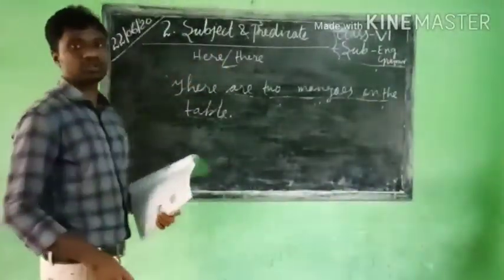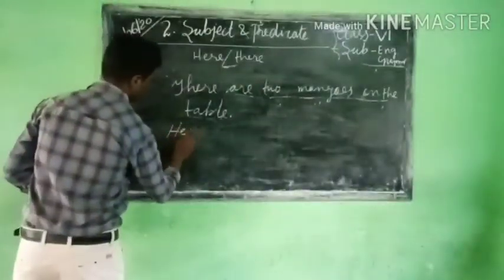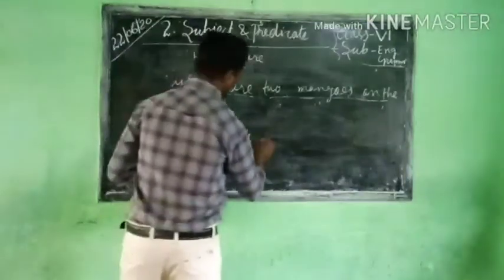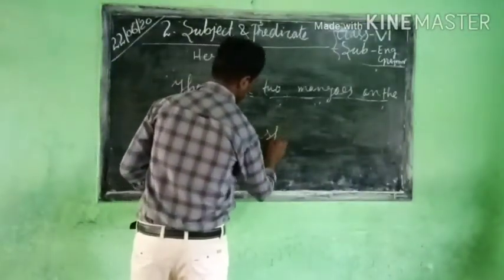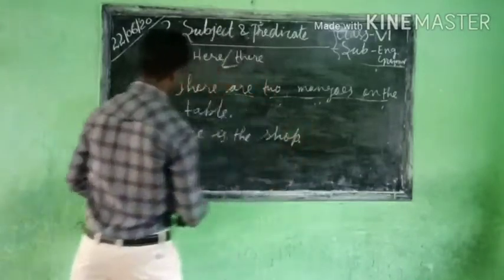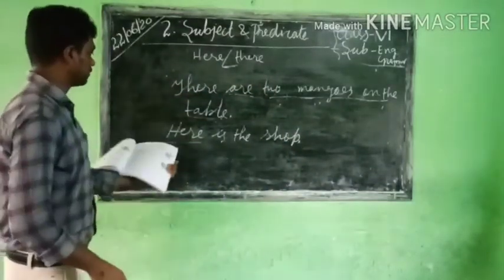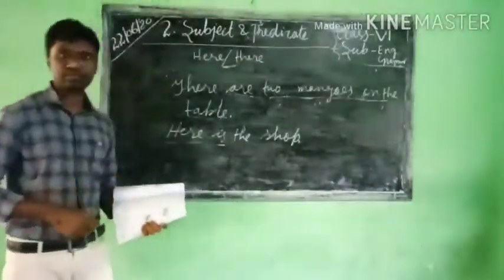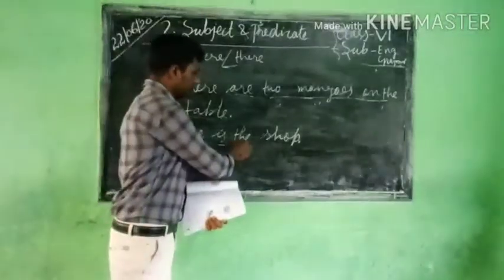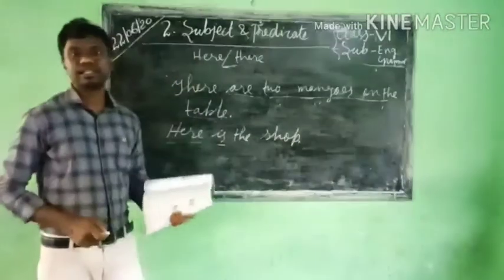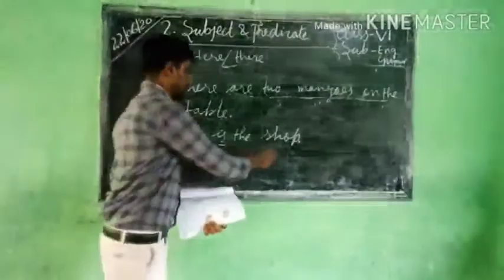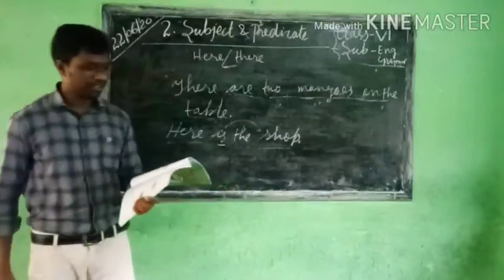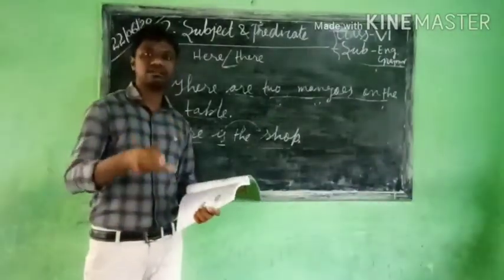Okay, here is the shop. See, here is it. What sentence begins with "here"? Then this is a verb. Then this one is an article. Then this is followed by the noun, which becomes the subject. So the subject comes after the verb. That is what we see: the subject follows the verb.